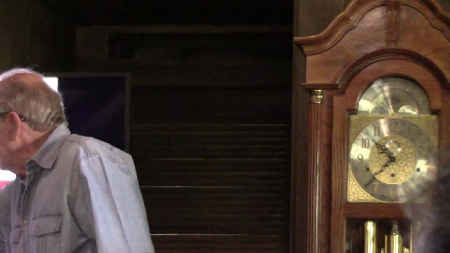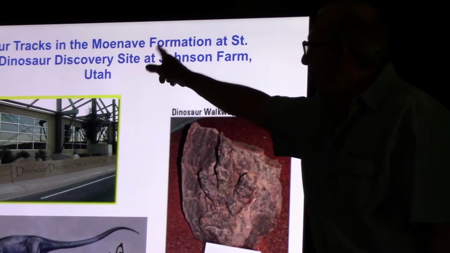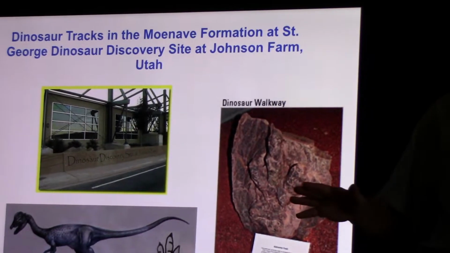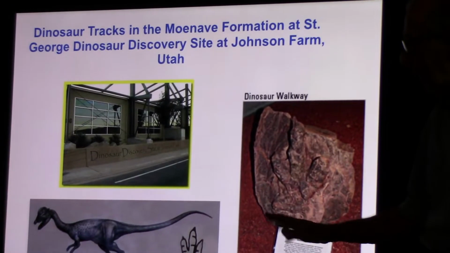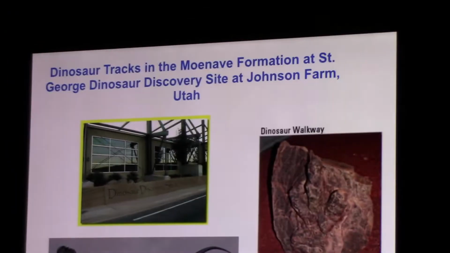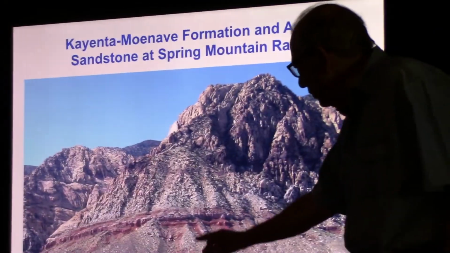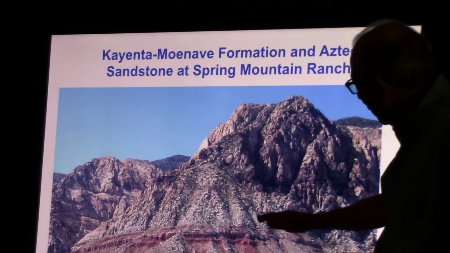Next one. So this is the place here, the Dinosaur Discovery Center. The thing is, this formation, the Moenave Formation, up in Utah, is a prolific dinosaur horizon. Bones, tracks, all kinds of things. Big time. But here we haven't found anything yet. And next one. Okay, so there it is. This is the Kayenta and Moenave. It goes up to here, and then above it, you get into the